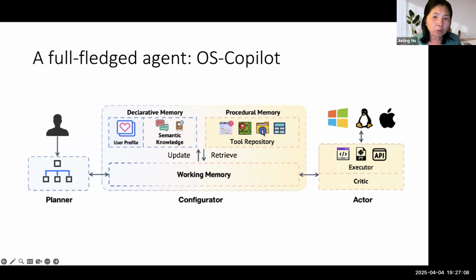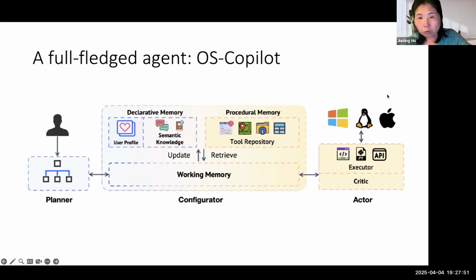And then we have a so-called procedural memory. Procedural memory, you can think of as the system prompt or high level understanding about all available tools, or how the agent should act in a certain environment. Combine all this so-called working memory, and that becomes part of the agent environment. All right, so this is more of a high level view.